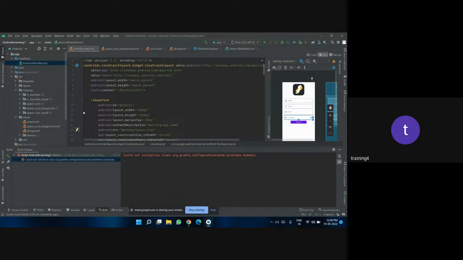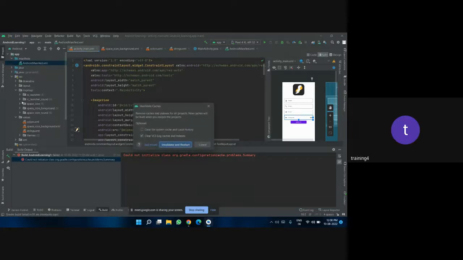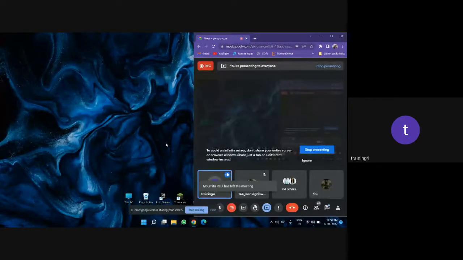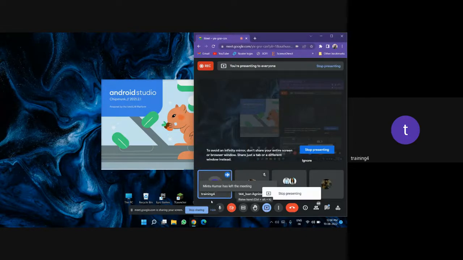Do one thing. Click on the file menu. Yes, click over there. You have an option for invalidate caches. Now click on the checkbox, clear those things. Now click on invalidate and restart. So it will restart your application as a whole. Let it restart, then we are going to check it out. If you face any difficulty, let me know again. Okay, stop sharing the screen. I hope no one else has any